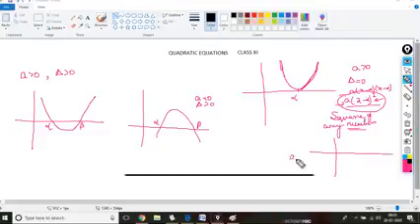I hope you can draw it. A is less than 0 and delta is equal to 0. You see, such a graph will be like this, just inverted. This graph shrinks down and alpha and beta unite at this point. This is the point alpha. And you understand? I'll give an example of this.